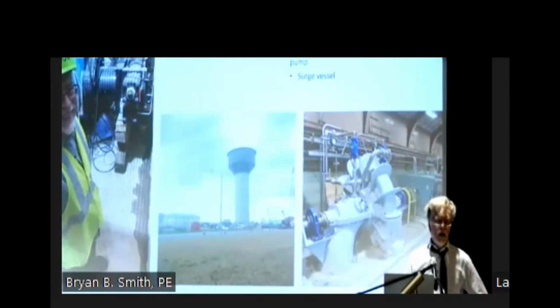So we've been talking about New Orleans Sewage and Water Board because we're in New Orleans. Here's a picture of their pump control valve with a Rexa electrohydraulic actuator. It's still closed. In normal conditions, starting and stopping those beautiful old 100-year-old pumps, we're manipulating the starting and stopping of that pump. And if we have a power failure, which we have all the time, that surge vessel in the background will give energy to that change in velocity, and the pump control valves will close based on the surge model.